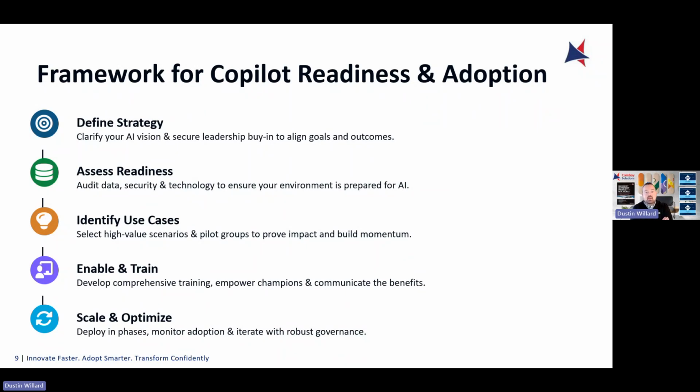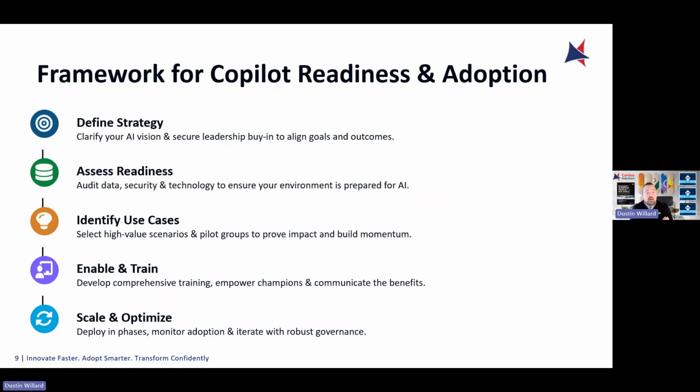And so coming up with that strategy and vision of what we want, and ensuring leadership buys in, is important, because a lot of people feel like they're cheating when they're using it. Hey, I used to have to build these presentations. I used to have to write this document. I used to have to complete this statement of work or this contract by hand and type it all out. And now AI is doing it, so it feels like I'm cheating. So having a strong leader who says they use it every day, they're working through it, and how much it's helping them, really goes a long way to ensuring that the outcome you want is achieved.